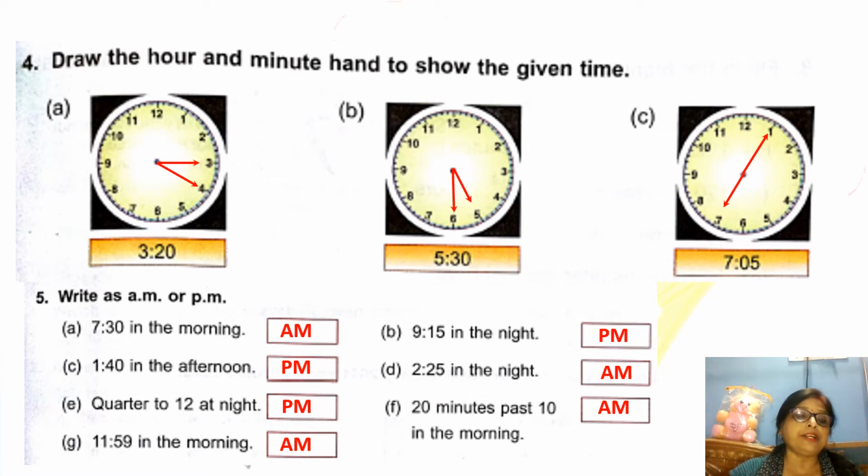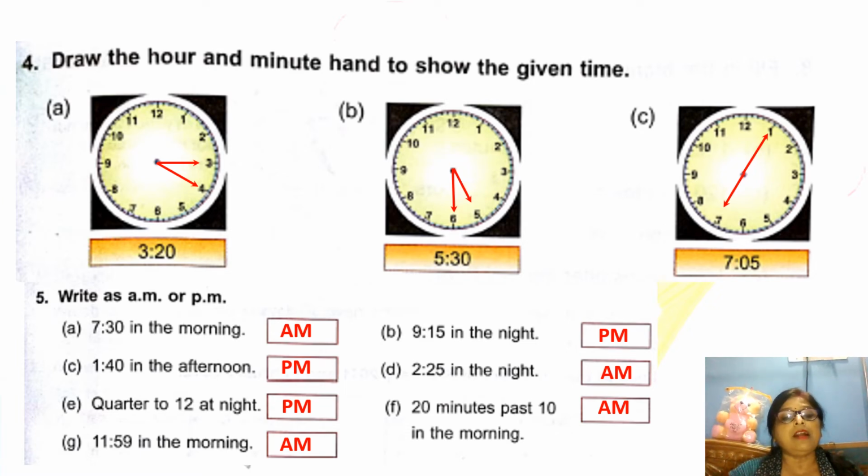First you understand it. 12 o'clock at night is called midnight and 12 o'clock in the day is called noon or midday. So the time between midnight and noon is called AM. That is before noon. It is AM. This time is indicated by anti-meridian, and it is indicated by AM. And the time between noon and midnight is called post-meridian, and in short form it is PM.